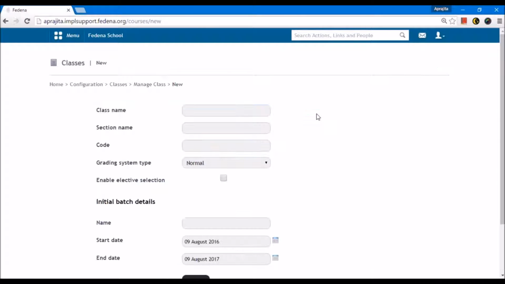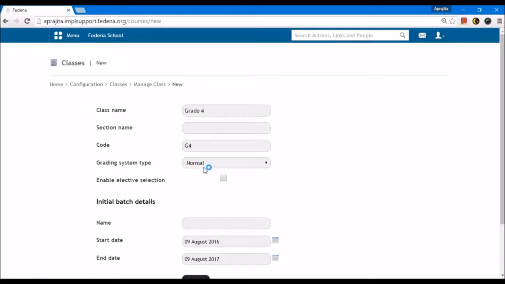So here, when I click on New to create a course, I will give the name of the class. For example, I will give here grade 4. I can give some code. Let's say it is J4. You can also note here that normal is by default there and GPA is here because we have enabled that from the general settings. So for grade 4, you can select either normal or GPA. In this video, we will concentrate on normal grading system. We also have videos where we are going to talk about GPA, CWA, ICSE and CCE as grading patterns. You can have a look at them if you want to see.